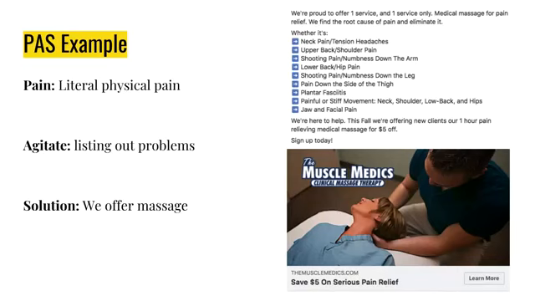So we're saying you're in pain, and let's really go and list them out. You've got neck pain and tension headaches. You've got upper back or shoulder pain, and so on. You've probably got one of these. We've tried with and more, and it didn't really make a difference, and other things, but we get a lot of people commenting, will it fix this? Will it fix that? So we're trying to agitate what's in here.